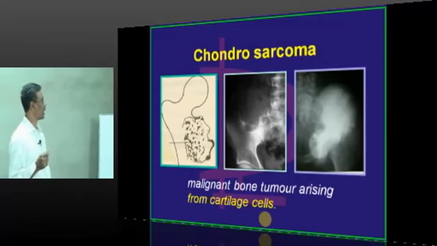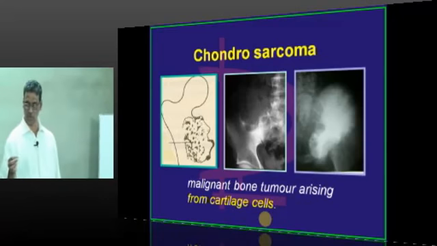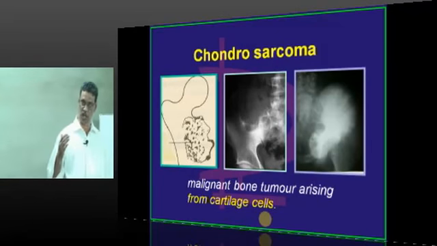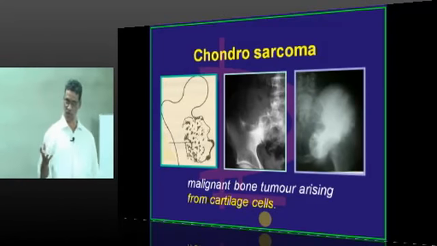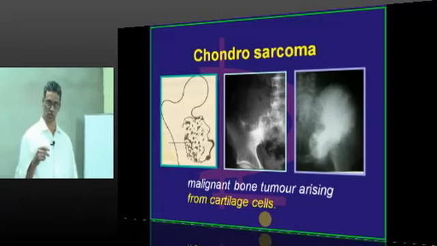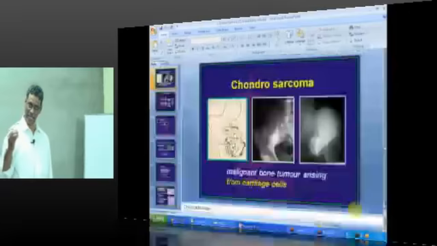Now let us go to some topics which may not be often given, but sometimes may be given. One such variety is chondrosarcoma. Its benign counterparts are osteochondroma, multiple osteochondroma as well as multiple exostosis, chondroblastoma or enchondroma. These benign tumors may convert into chondrosarcoma. Enchondroma and osteochondroma are the common tumors that may convert into chondrosarcoma. Or sometimes chondrosarcoma may arise de novo.